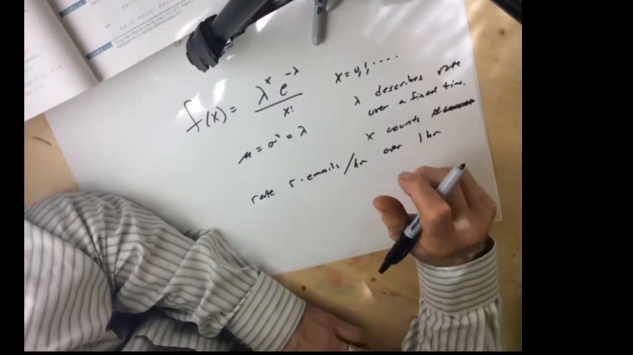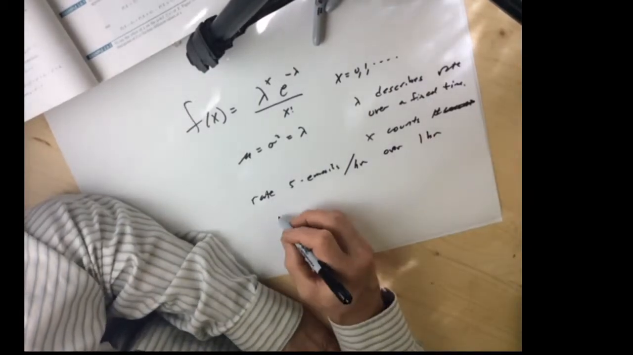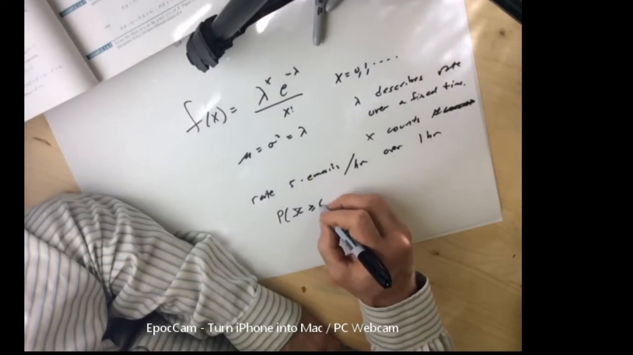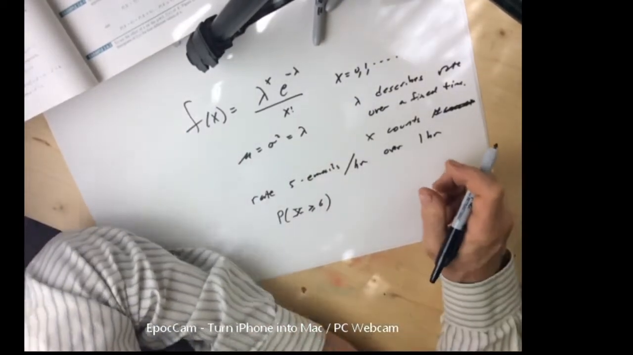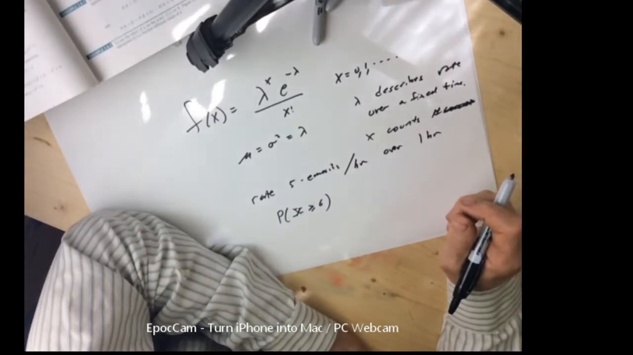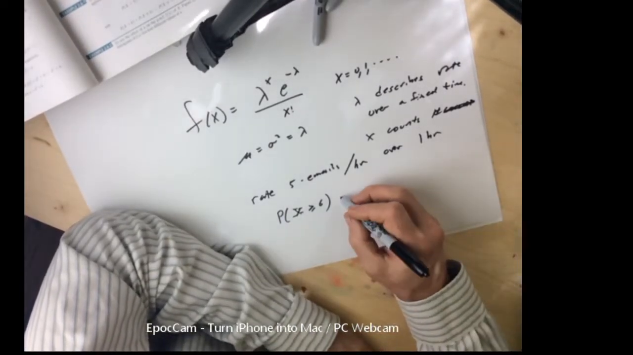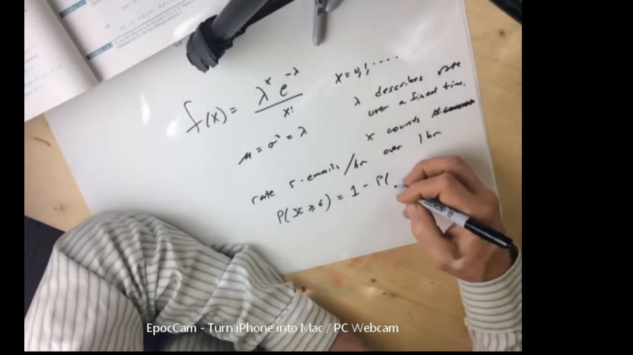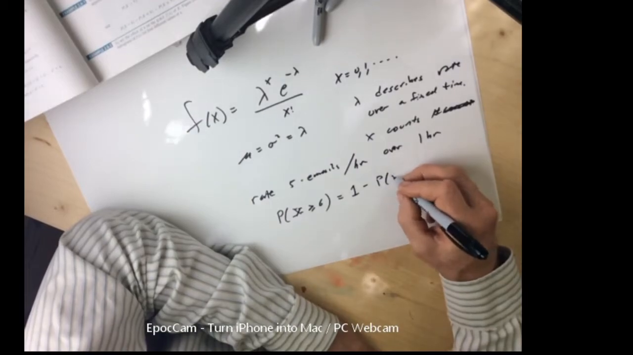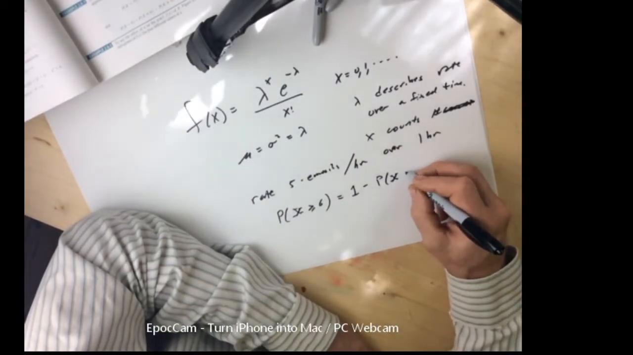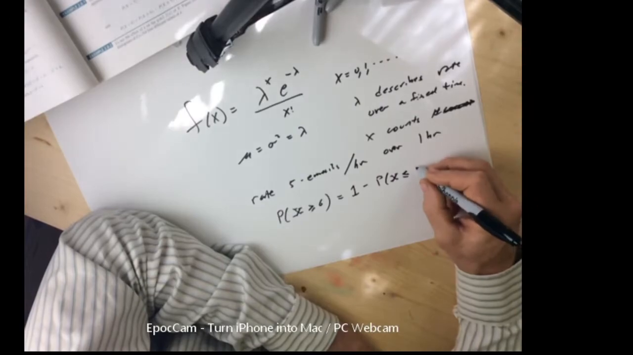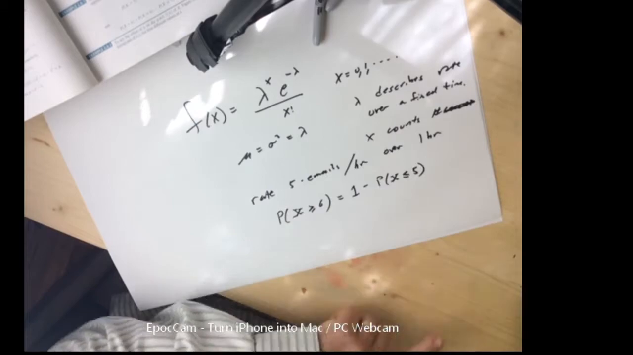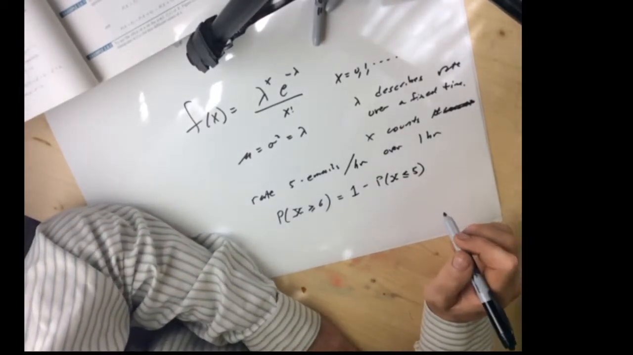I expect 5 emails. So now let's find out the probability that I am going to get more than 6 emails. Well, I'm going to calculate this as 1 minus the probability that X is less than or equal to 5. Because I only can get 1, 2, 3, 4, 5, or 6. But the probability of getting 5 emails